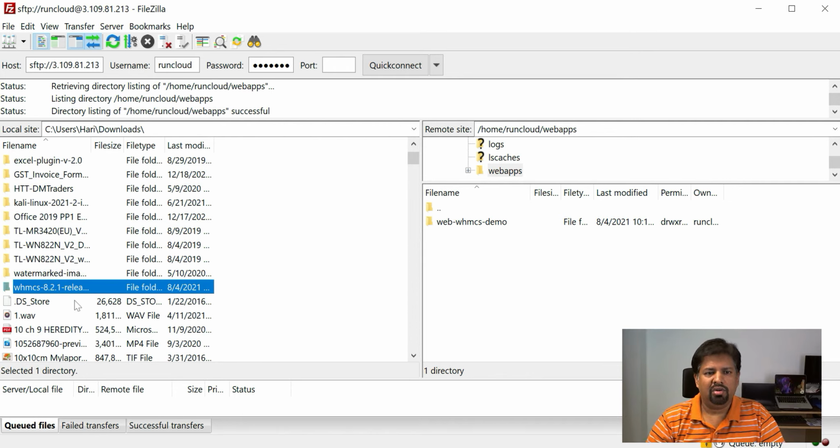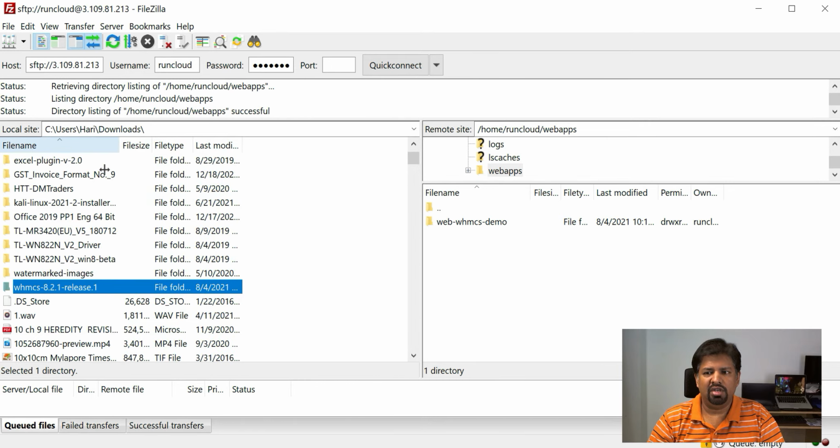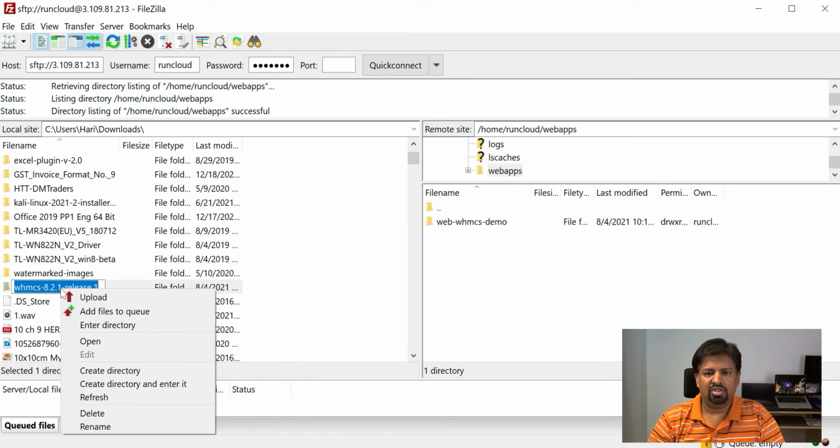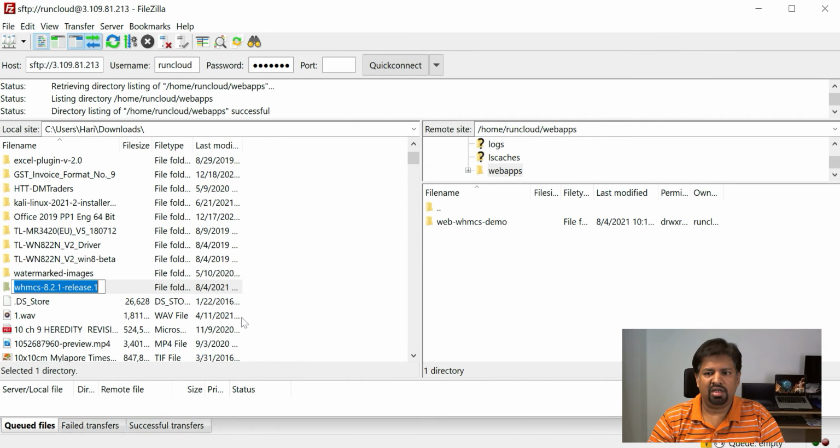Now, go back to the WHMCS zip file that we extracted some time ago. If this step is not completed, you will have to wait until it finishes. We are going to upload the extracted files to the application folder. Please ensure that you are uploading files in the correct folder as you see here. Rename the local folder name to the one that you have just created on Web Apps.